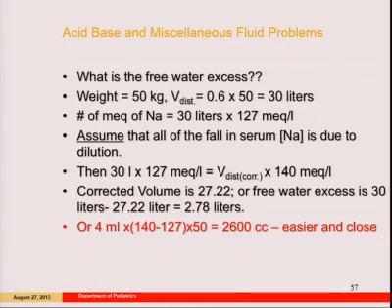But it's based on the assumption that the number of sodium molecules is correct, and the only reason you have hyper or hyponatremia is either a deficit or an excess of water. So this works either way. If you had a hypernatremia, you could go 156 minus 145 times the weight times 4, and you'd come up with approximately the deficit. It'll be in the ballpark. Done. Okay, good luck.